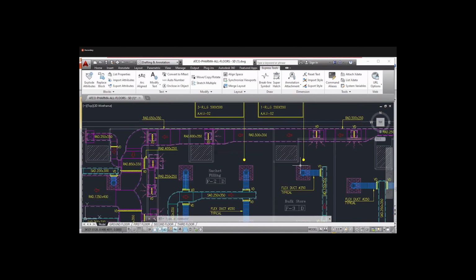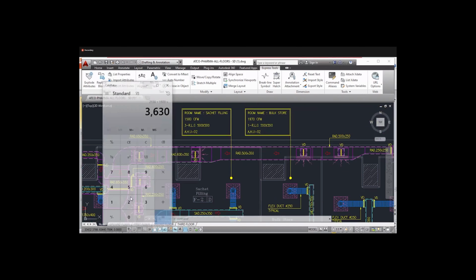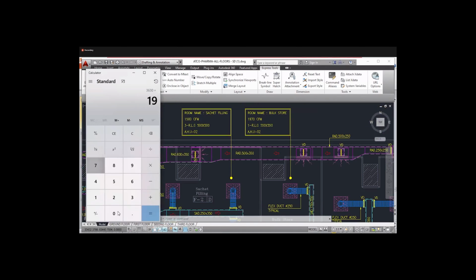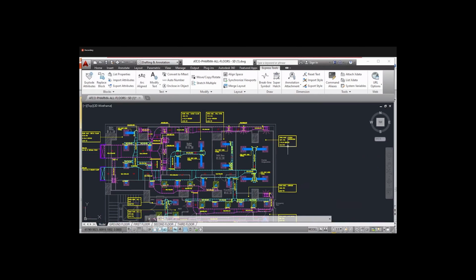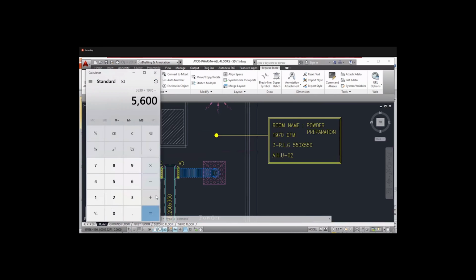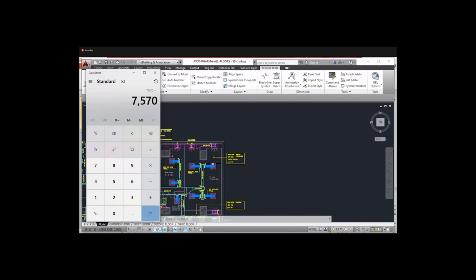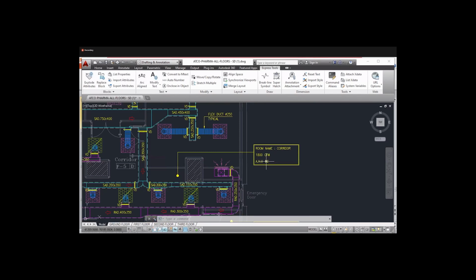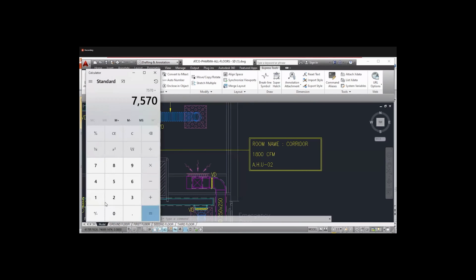Then the next room, 1970 CFM, plus this room 1970, the same, plus 1970, plus this one, the last one, 1800. So what is the total CFM? We got 9370. So the AHU is designed for 9370 CFM.